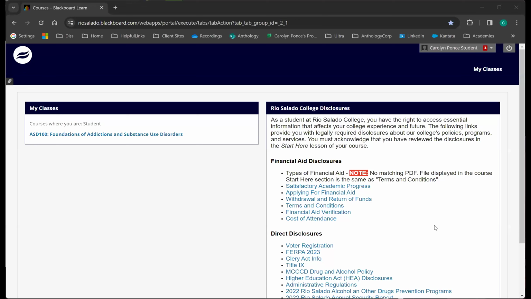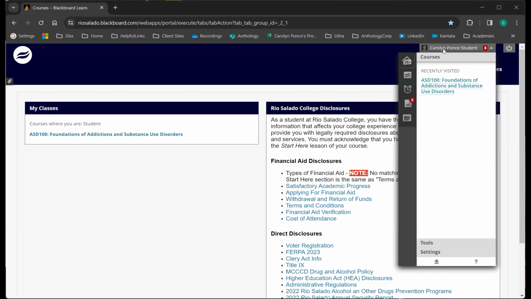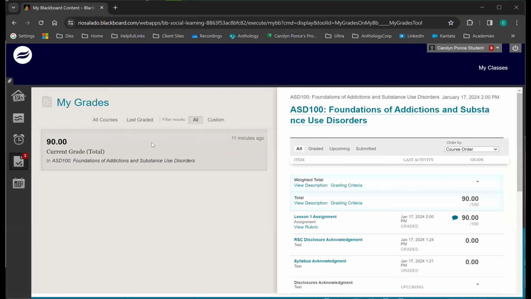Now I'm going to do my most favorite thing, be on Zoom and do a live demo with this. Yay. Currently, there's no access to the grade information within the course on the course menu. So you may want to add a link to the My Grades tool to that course menu. Right now, your students are going in through their My Blackboard menu, and they can select that grade icon, which is the check mark, and then access grades from here. But adding a link to the course menu for the My Grades tool would help them within the course itself.